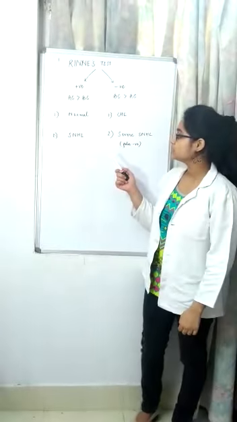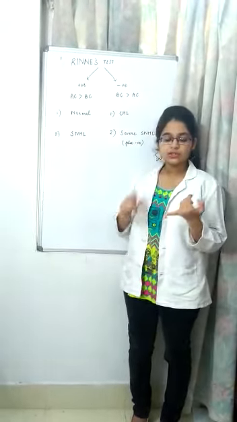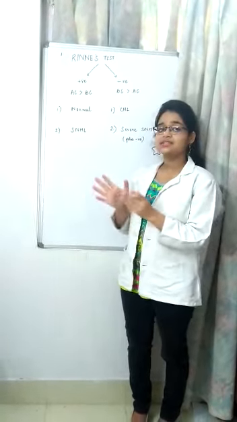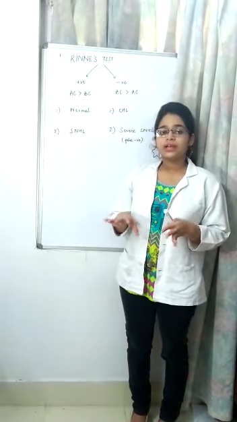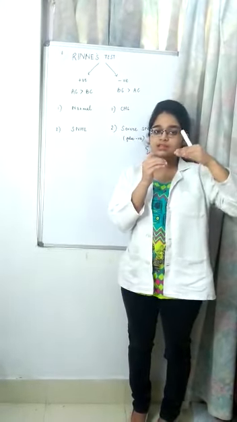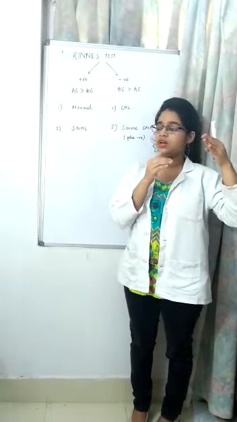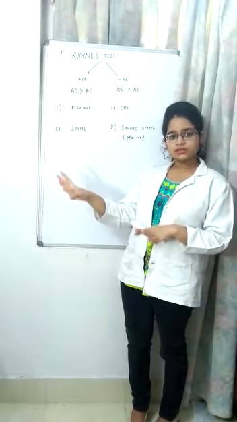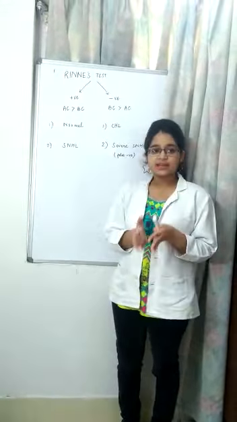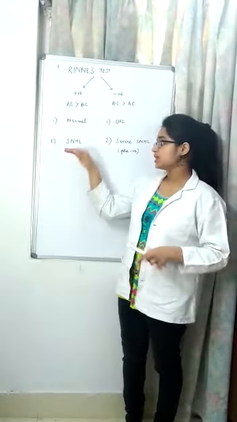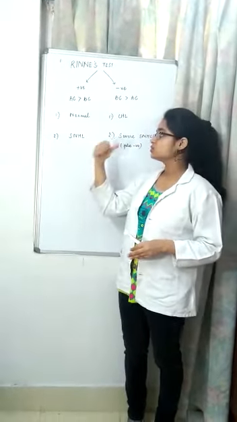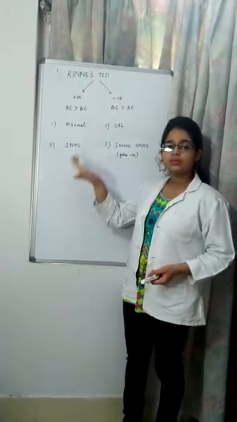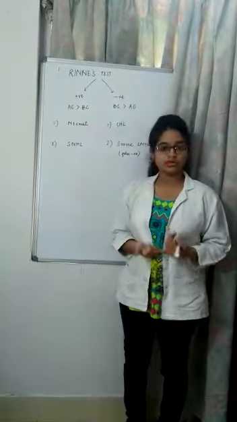In sensory neural hearing loss, what happens? Your air conduction is decreasing, and your bone conduction is also decreasing. But air conduction is still involving the middle ear. That is, whatever decrease is there, air conduction is still higher than bone conduction, even in sensory neural hearing loss, because here the middle ear is normal, the external ear is normal. The pathology lies in the inner ear or after that. So there is no problem in the middle ear, the amplification is occurring, and we will have air conduction more than bone conduction. That is a positive Rinne's test.